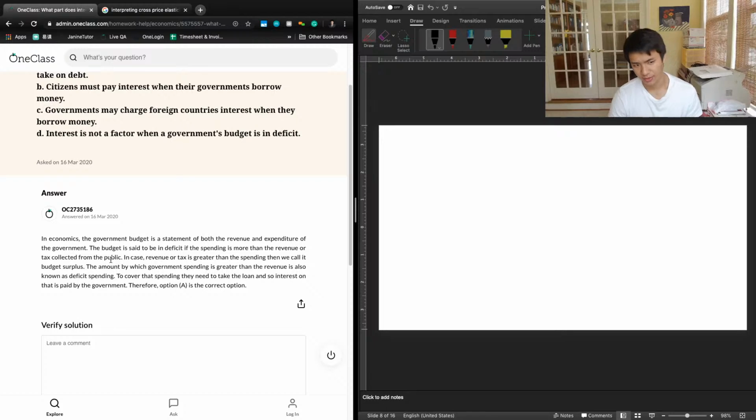Let's take a look at the previous tutor's answer. So they said that in economics, the government's budget is a statement of both the revenue and expenditure of the government. The budget is said to be in deficit if the spending is more than the revenue or tax collected from the public. In case revenue or tax is greater than the spending, then we call the budget surplus. The amount by which government spending is greater than the revenue is also known as deficit spending. To cover that spending, they need to take out the loan, and so interest on that is paid by the government. So we want to clarify that